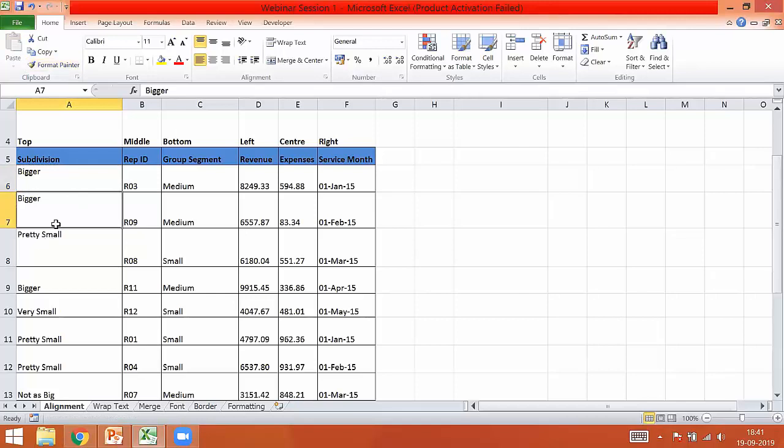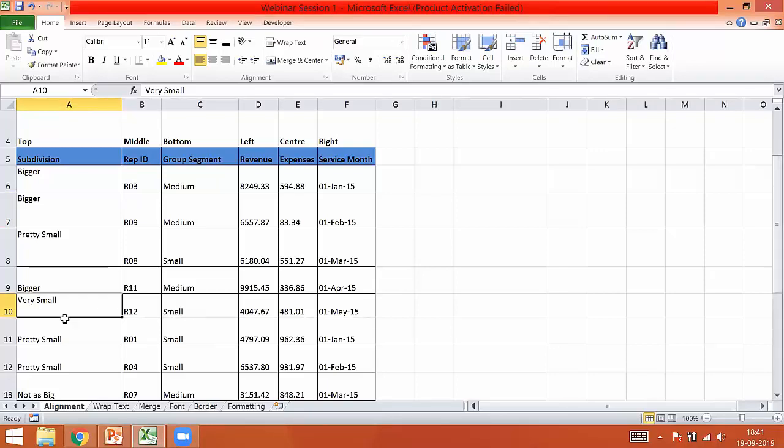Since I have already applied it on this one, you can see there is no difference. But again, I'll click on Format Painter and apply it wherever it was not applied previously. Now you can see that the changes are implemented.